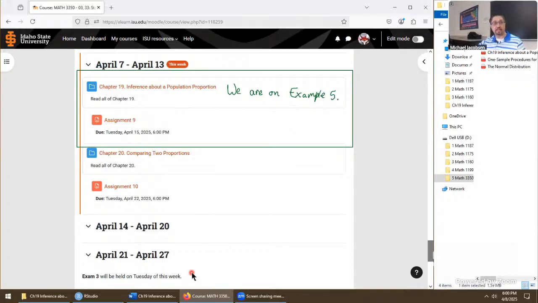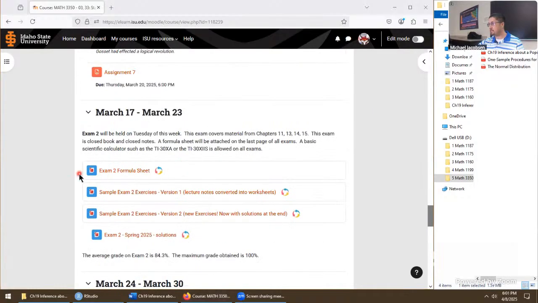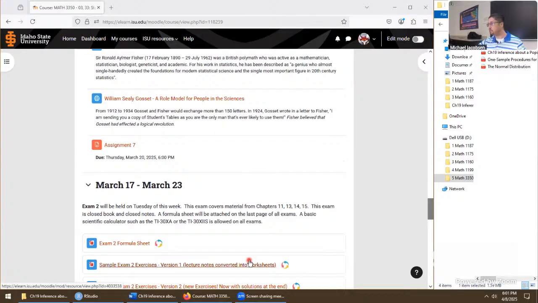You can expect, just like exam 1, exam 2, more parallelism on exam 3. Over this weekend, starting on Friday, going through Sunday, I'll start dumping in information along the lines of the exam 3 formula sheet. I'll have sample exam 3 exercises, 2 versions in the same kind of formats as you see here and here. And once we are complete with the exam, we'll come solve or post the solutions as before.